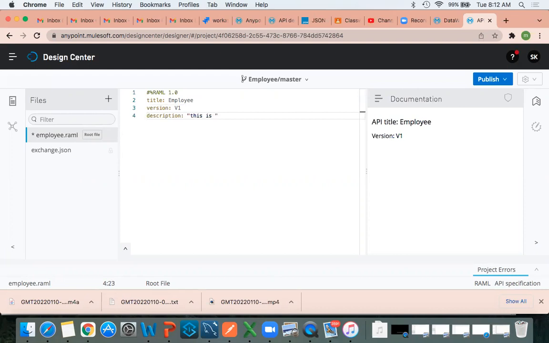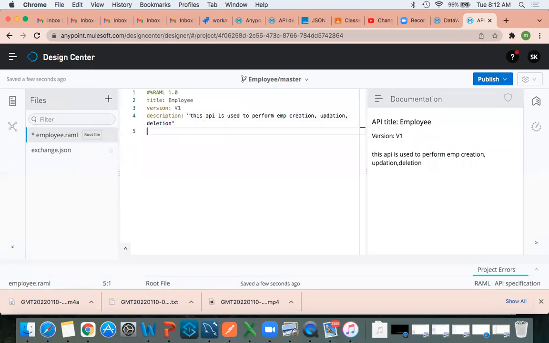This API is used to perform EMP creation, updation, deletion. All these things we can perform by using this API.